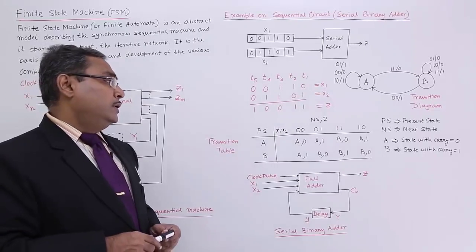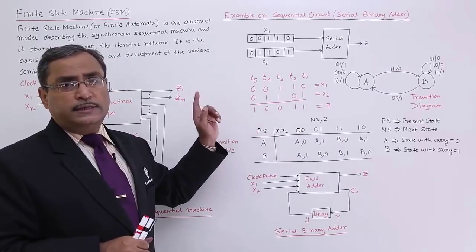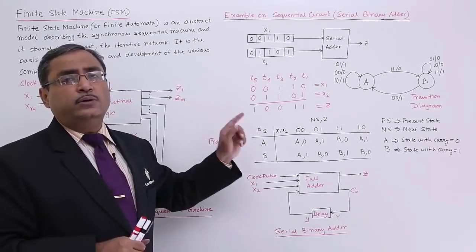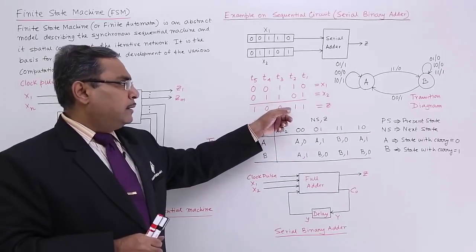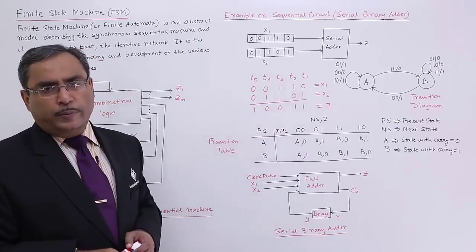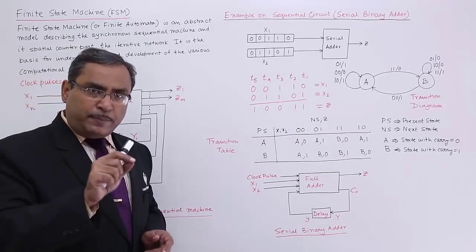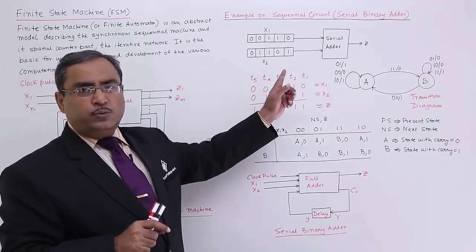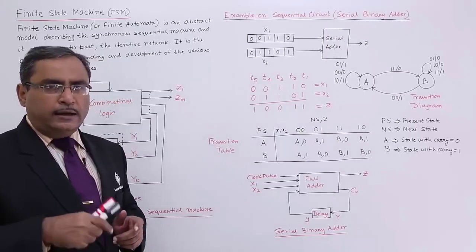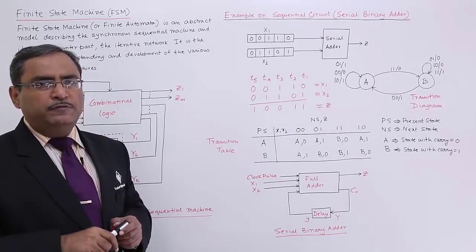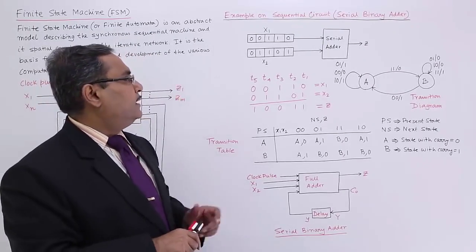Now I want to represent this particular serial adder. It is a synchronous serial adder. Why sequential? Because not only the present inputs but the previous stage carry will be counted. And why is it synchronous? Because I shall apply one clock pulse, then one bit from x1 and one bit from x2 will go to the serial adder for the addition, and that addition will also take care of the previous state carry.